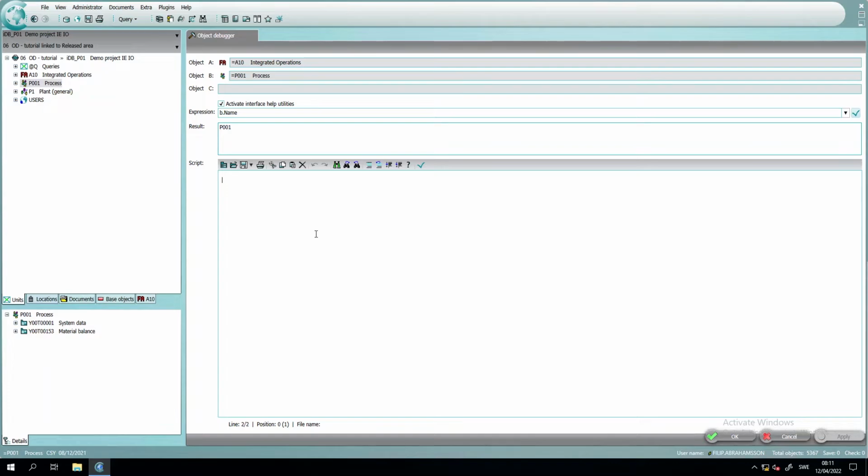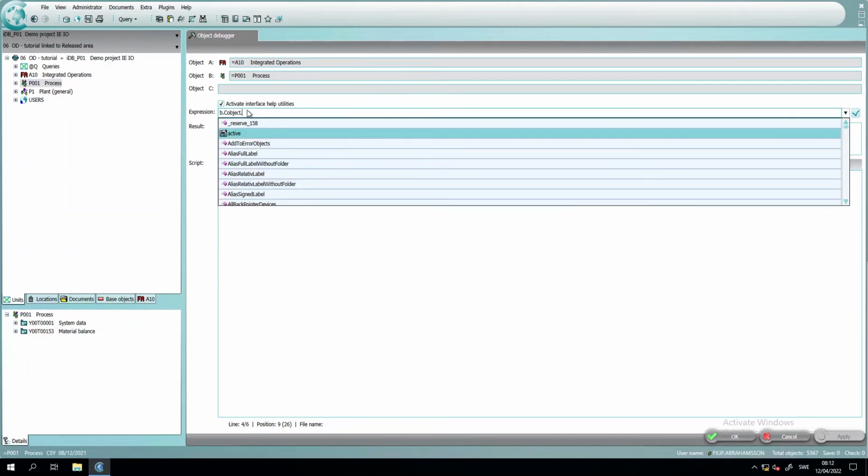The most normal way, or the most common way I use the expression field is to find a property or a property name that I can copy paste and use in my code. For example, if I have a lot of code down here, and then we come to something else like if, then, and if, and in here I want something to happen. So for example, we have b dot c object dot, and here I want to check something for the base object of b. I can type the same thing up here and then press dot again, and I can scroll through and search for the property that I want to use here. So for example, we could go to